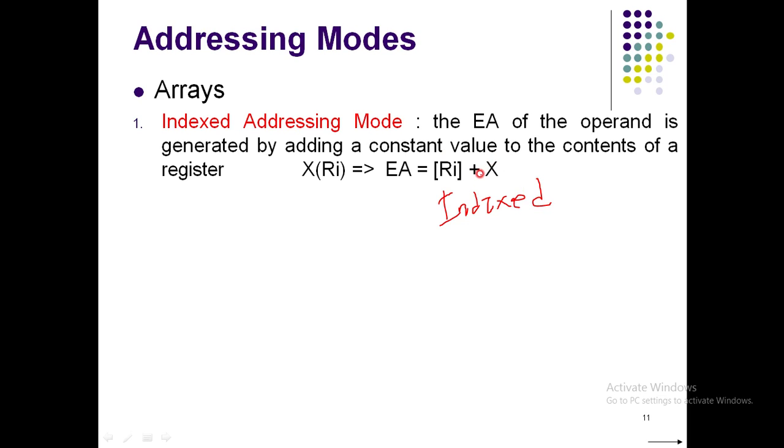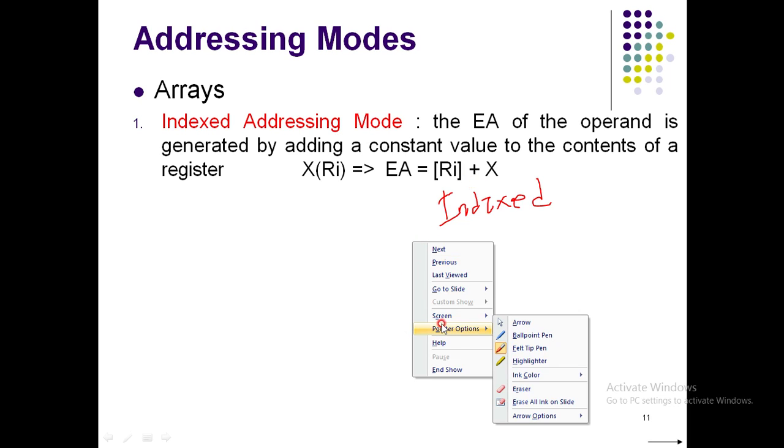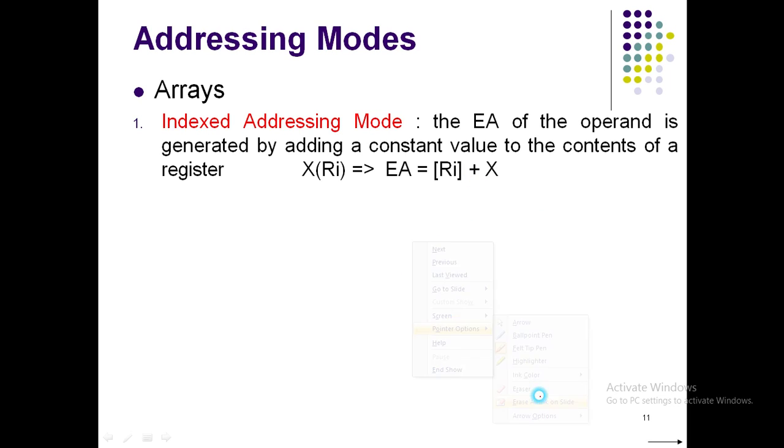Now, friends, to move ahead, the constant X that you can see here could be 2 things. It could be either an offset or it could be a base address. So we come across 2 important concepts here: it could be an offset or it becomes your base address. Now we'll see in the next slide what this base address is and what this offset is.